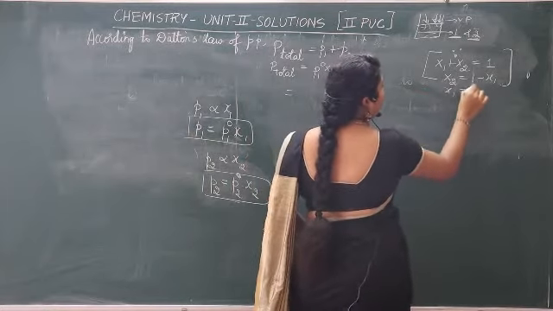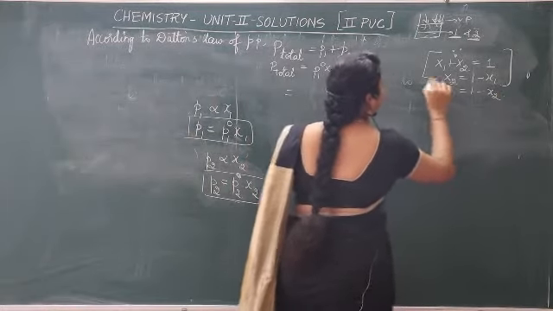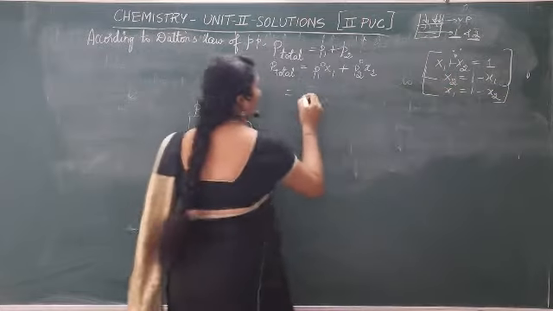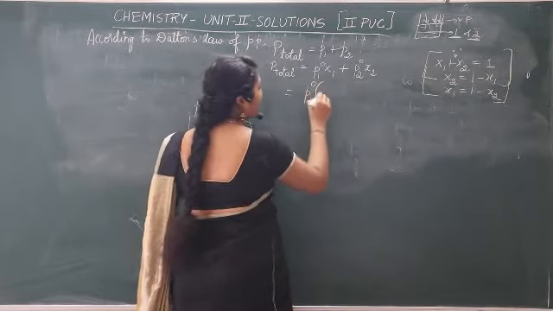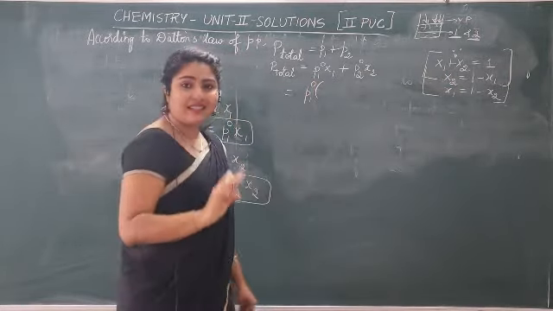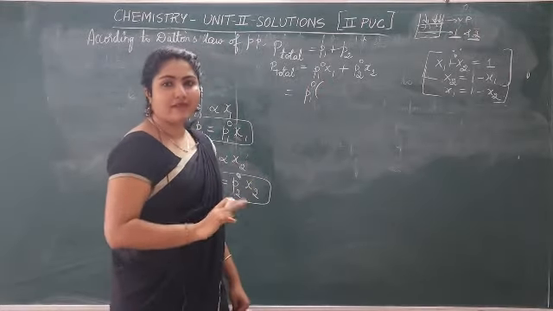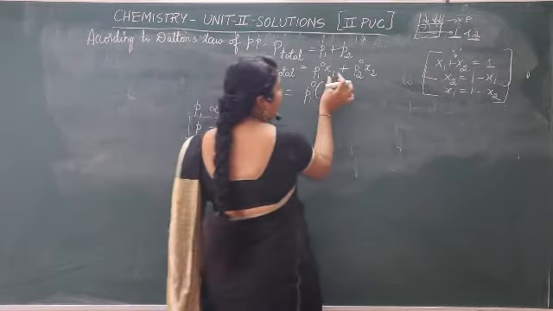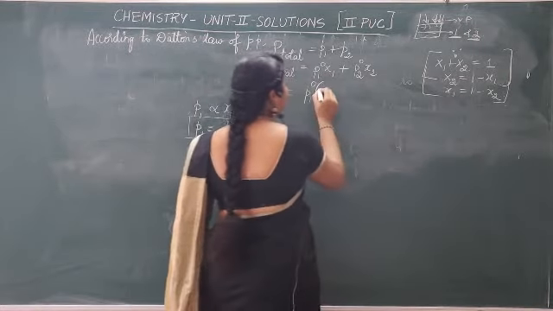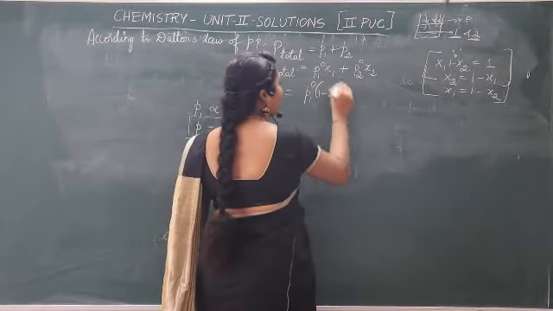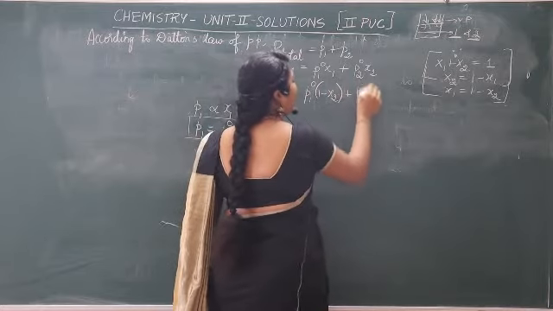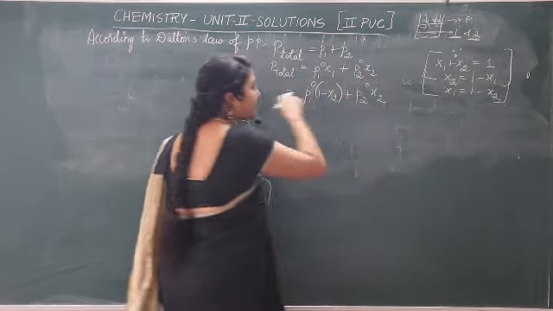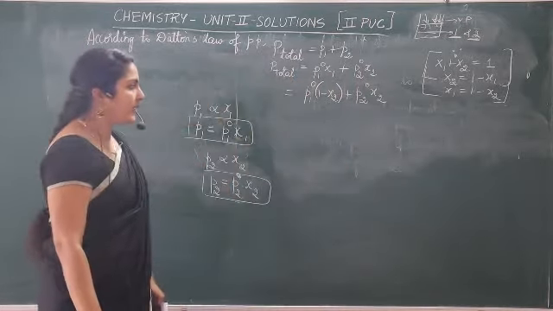Or okay, we will substitute here for X1. Therefore, X1 is equal to 1 minus X2. P1 naught, as it is in your NCERT textbook, will go that way itself, so you will not have any confusion when you go through your book. That is why we will consider X1 itself: P1 naught into 1 minus X2 plus P2 naught X2. Hope these things are clear.